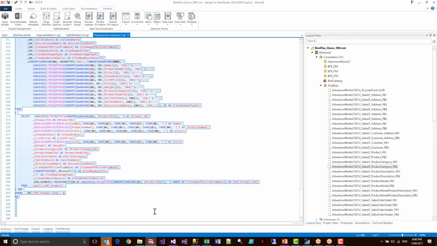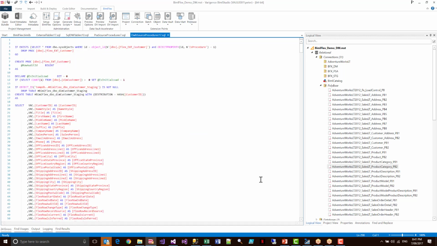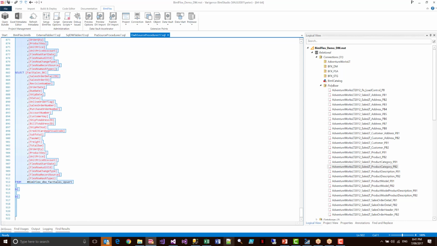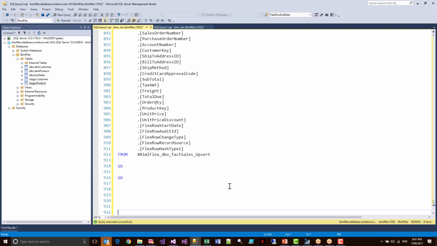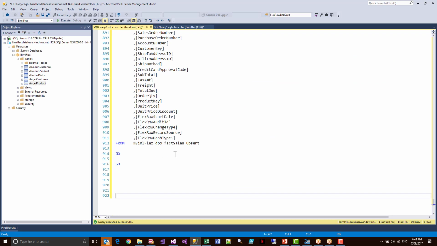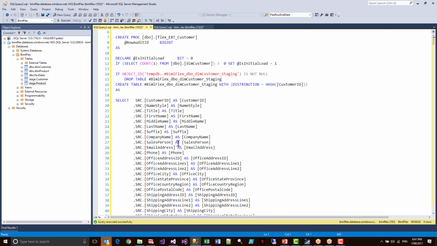Now let's head into this. I'm going to do exactly the same thing and create my data mart stored procedure script. Now remember, I've got 2 dimensions and 1 fact table here that I'm doing. And this will do, as I said, type 1, type 2, and type 6. One thing I want to point out here is that just for 3 tables, 2 dimensions and 1 fact table, I'm already at near 1,000 lines of code that has just been generated for me. Now, bearing in mind, with extension points, you can interact with some of these components here, but